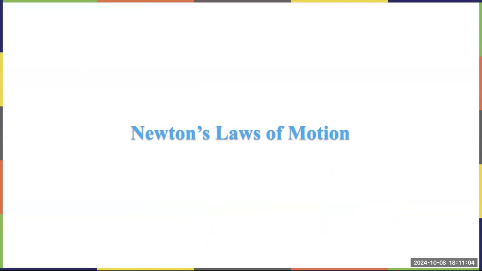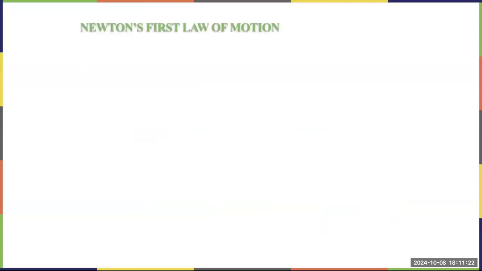Now, since we said that when there's a push and pull, and we talked about the net force, based on that there is a law for the force, which is called Newton's laws of motion, right? So what do Newton's laws of motion mean? It has three different laws of motion: first law of motion, second law of motion, and third law of motion. Okay. So the first law of motion, what does it say? It says